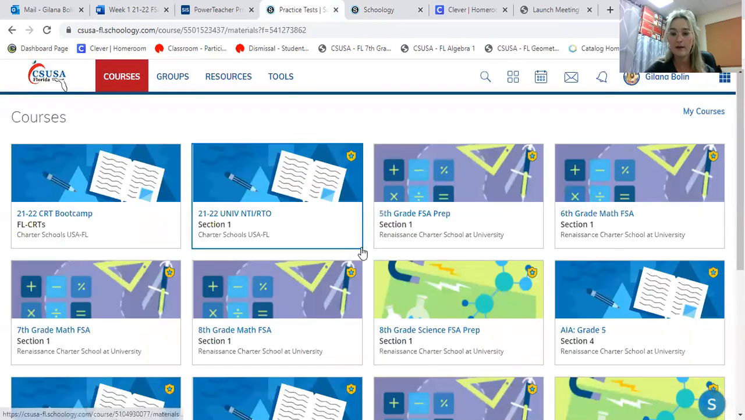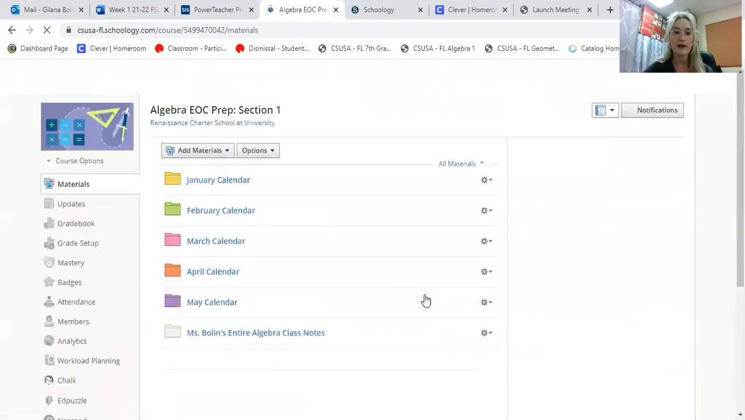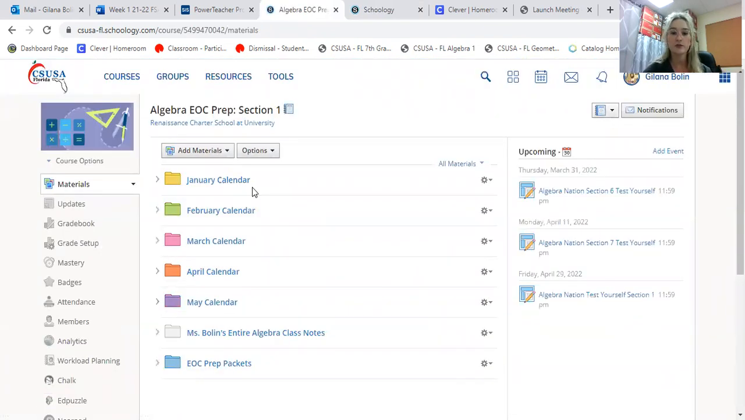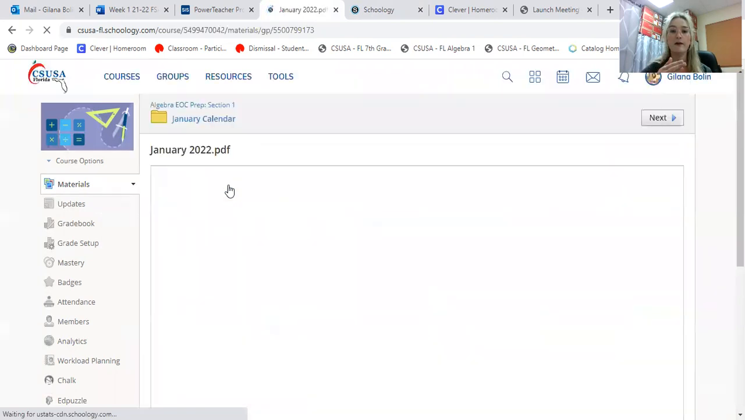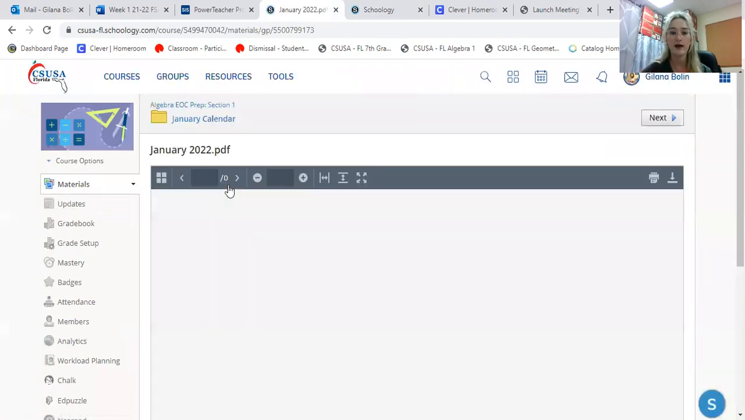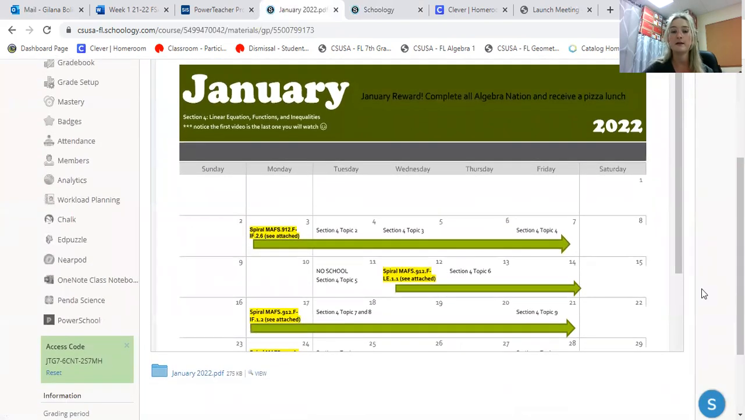I can show you a math one as well. So here we have our Algebra EOC prep course. And what I had done was I built out calendars for students to go look at, and teachers as well. And if they worked on the calendar, they would have a spiralized countdown to the actual test. So here's January, and here they're utilizing Math Nation, which is an Algebra EOC prep book published by the University